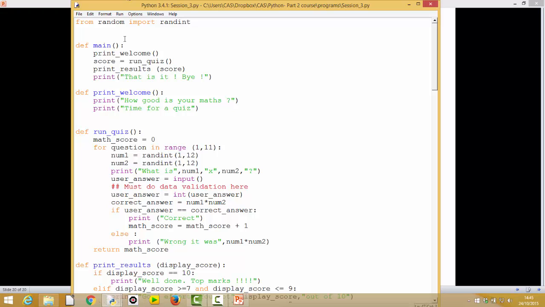Okay, hopefully that's convinced you that this structured programming and creating functions and calling them all from main is the way to go, because basically it is, and we'll be doing more of it as we progress through these various